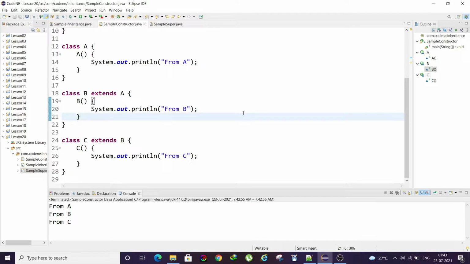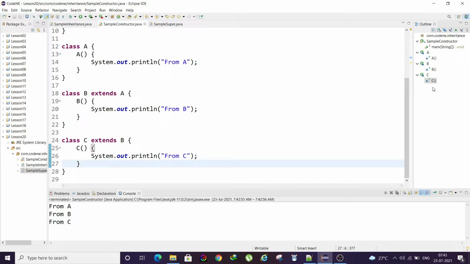That is because the order of constructors is defined by its derivation, that is defined by its inheritance. So here the parent is A, and then B inherits A, then C inherits B. So that's why it is called the order of derivation. That means the first derivation, then the second derivation, then the third derivation, like that, nth derivation. So here the constructor of your first parent, that is parent A, is called, then B is called, which is parent to C, and finally the child constructor will be called.